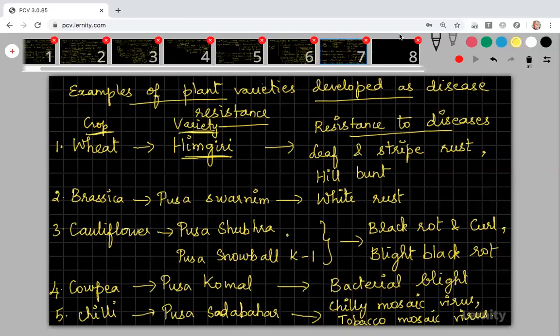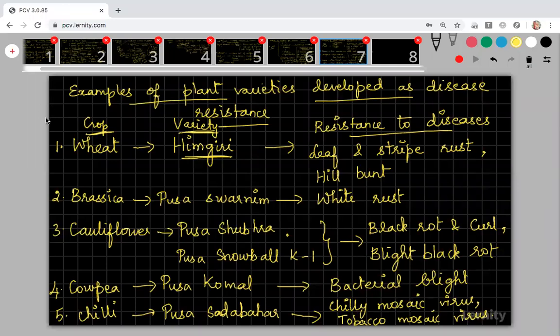One student is asking me, can this process be done in humans against disease? Yes, of course. That's why we are given vaccines. Vaccines are given only to make ourselves resistant against disease. Instead, for plants, they are making them resistant to disease by hybridization or breeding experiments. In animals, we cannot do that. Instead, we introduce vaccines in our body to make ourselves resistant against disease.